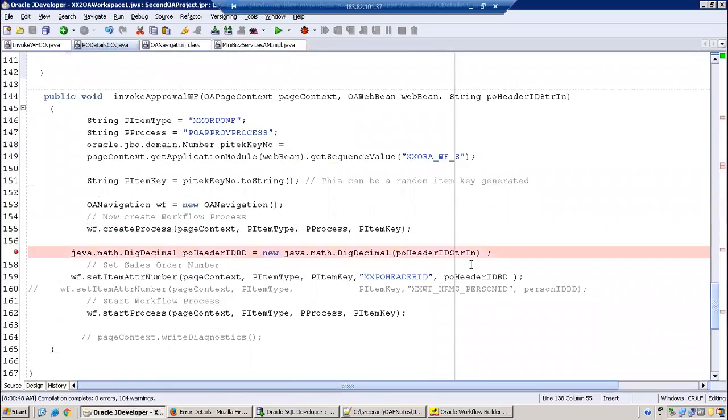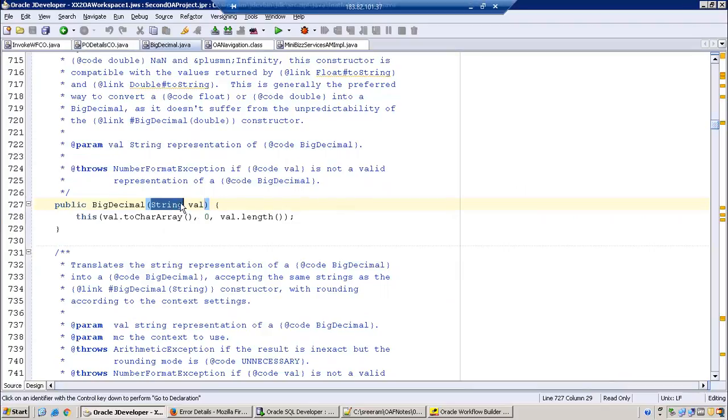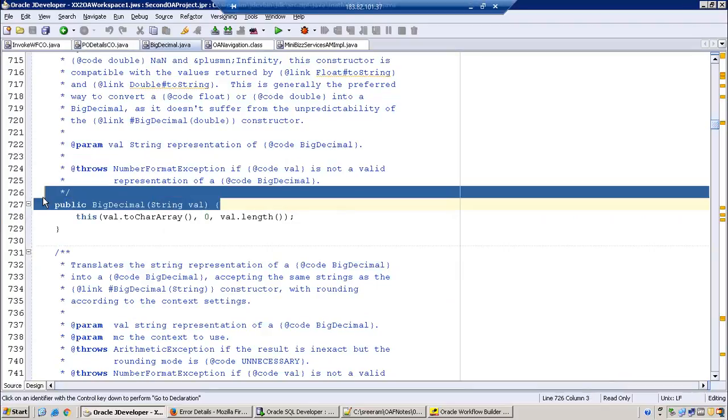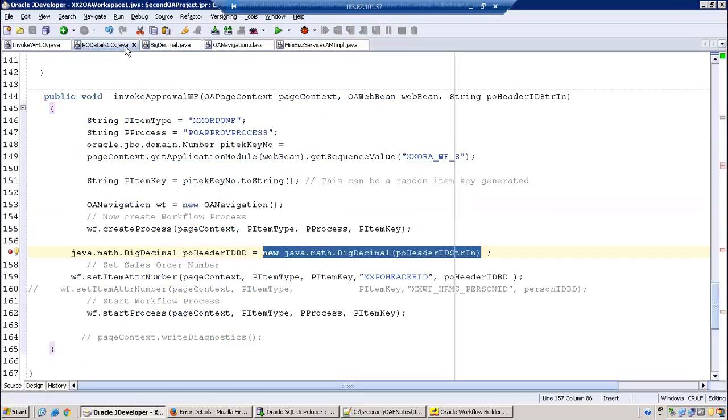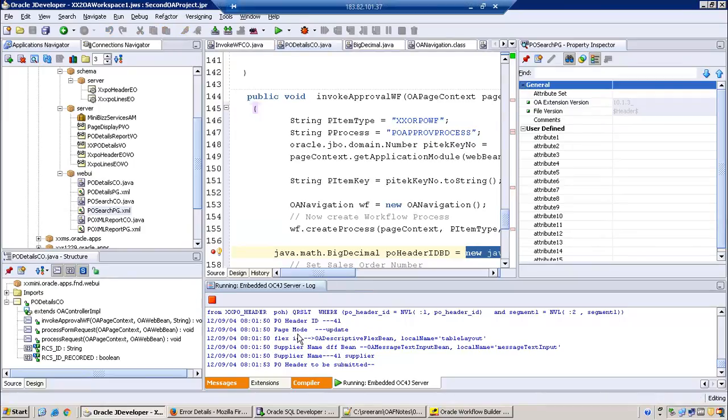So here, yeah, this is the issue. Just check this one, big decimal, what it requires. Okay, big decimal requires a string. There is no issue, right? Here we can pass a string. That's fine actually. But check whether this particular parameter is null or something. No, it is not null. PO rate is 41. That's not an issue.